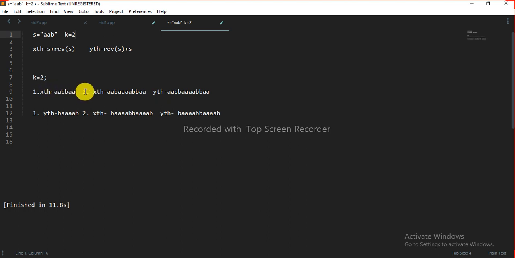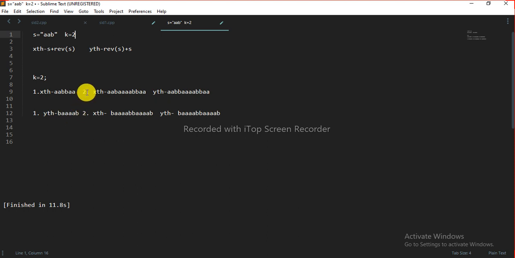If we perform the yth operation on the string s, we get reverse of s plus s. The reverse of s is baa, and this is s, aab. So this string we get after performing the yth operation.